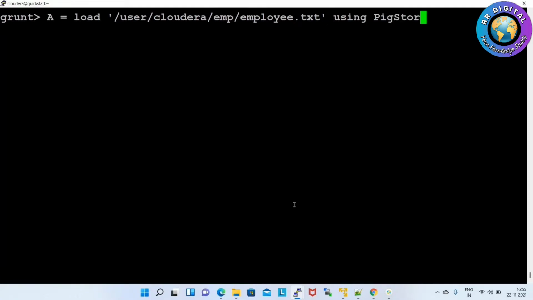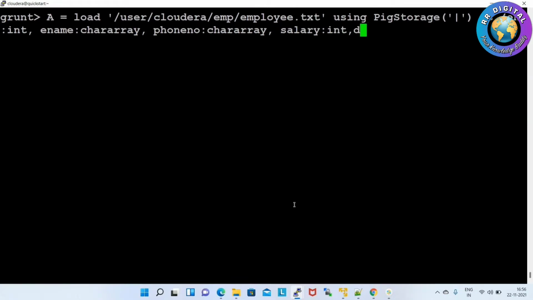Using PigStorage, the data is separated by a tab symbol. We have to specify all the column names and data types: employee number, ename, for which we give chararray, phone number, which you can also give as chararray or bytearray, and then salary, then department number. So successfully created a bag.